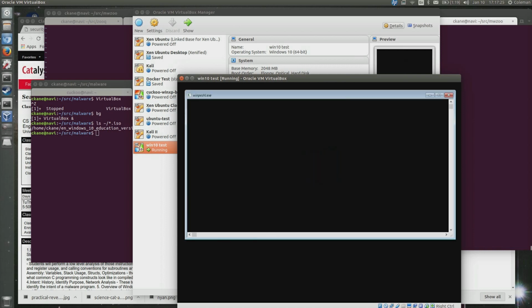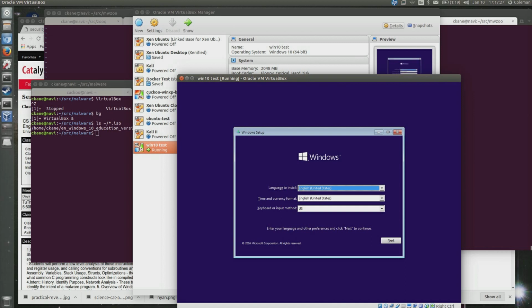So that's kind of like a quick and dirty, this is how I get my virtual machine created from scratch, and then I give it a disk that I would like to install a brand new operating system off of. Now I'm not going to start installing Windows right now because it's going to take probably the rest of the night or something. But this will get you to the point where you'd probably want to be in order to start setting up your own VMs and messing with them.